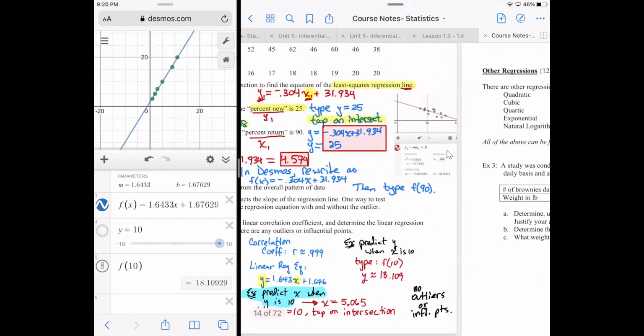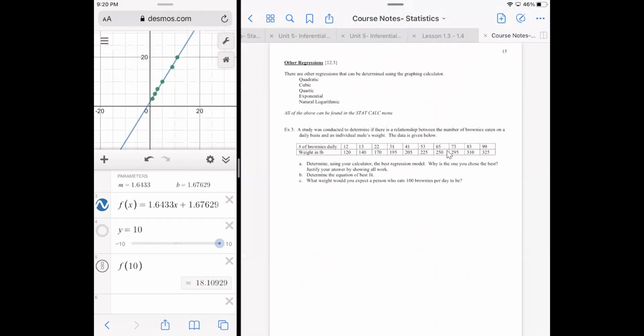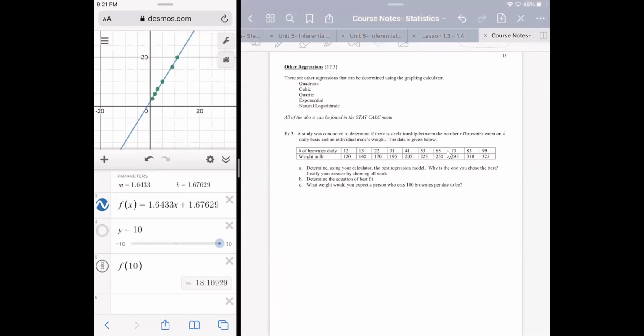The next problem is so involved that it definitely is not something I want to start tonight. But what I would ask you to do before next class is at least try, because this is asking you to go down the list, quadratic, cubic, and all that other stuff, but at least try this for the linear case, meaning come up with the equation of best fit for just the line, right? So type the data in and then just do it for a line,